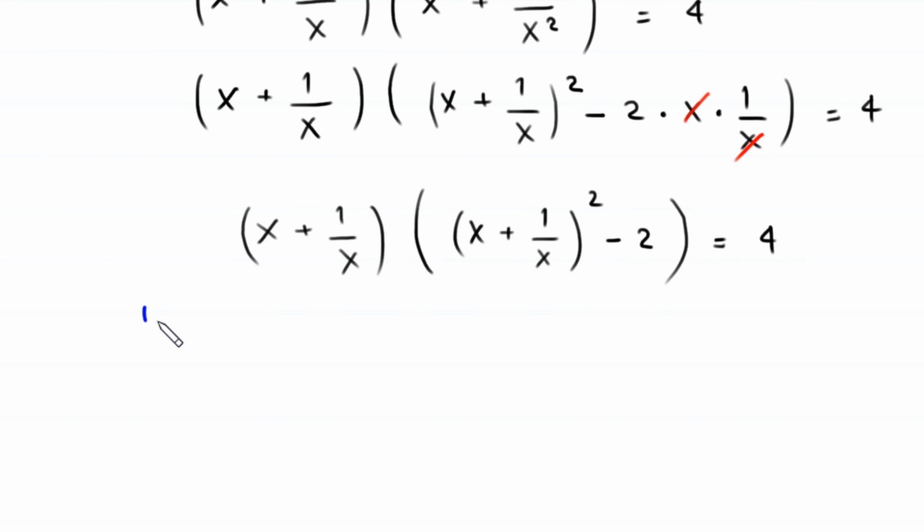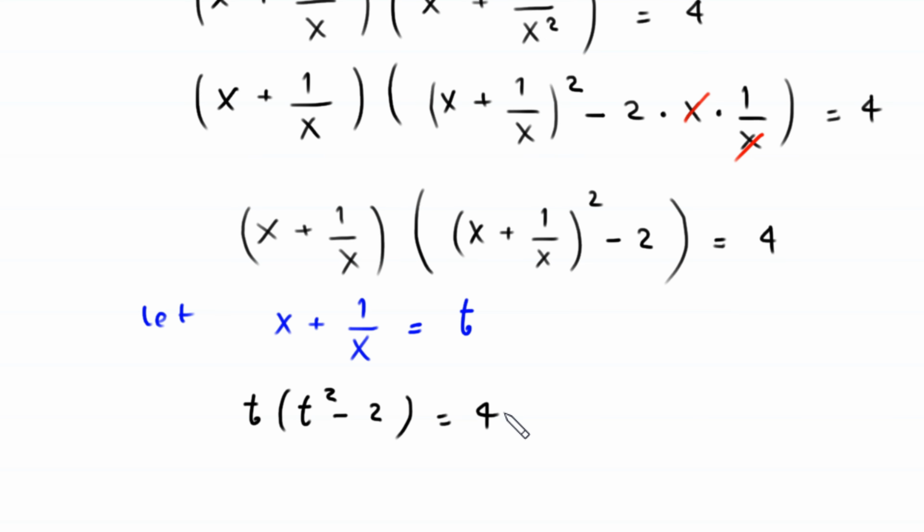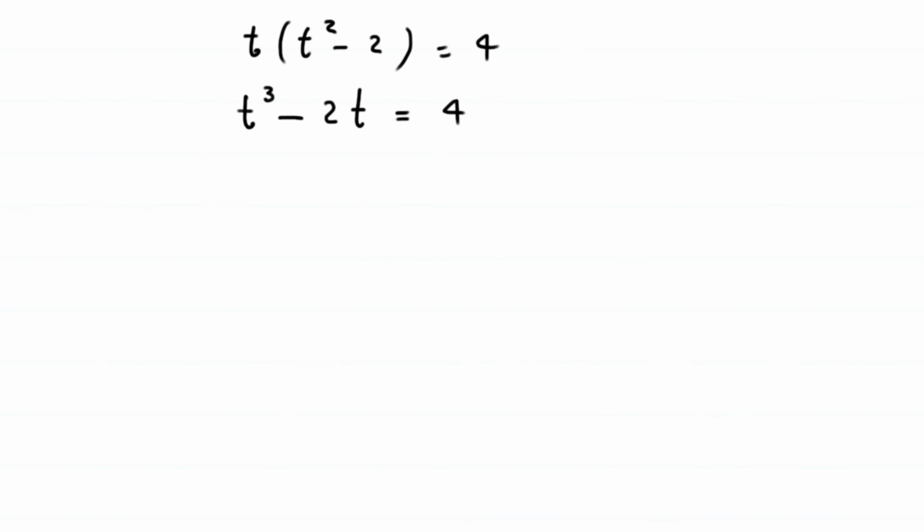So we suppose that x + 1/x is equal to t. So this equation will become t times (t² minus 2) is equal to 4. Distribute this t, this will become t³ minus 2t is equal to 4. Move this 4 to the left hand side, this will become t³ minus 2t minus 4